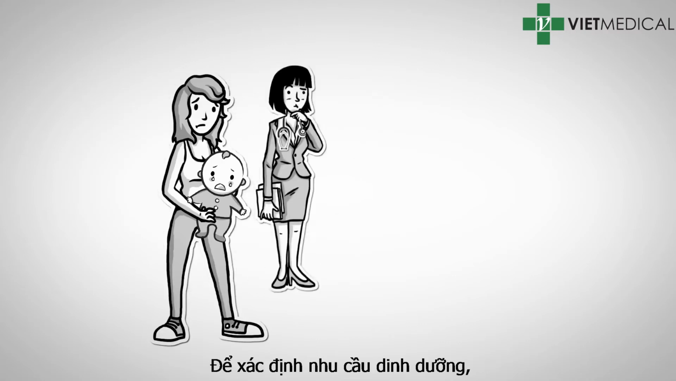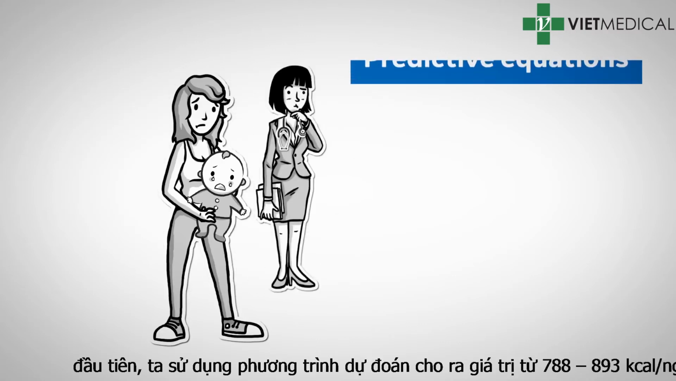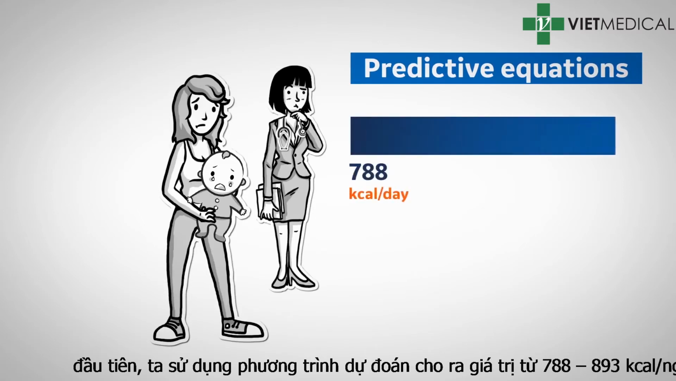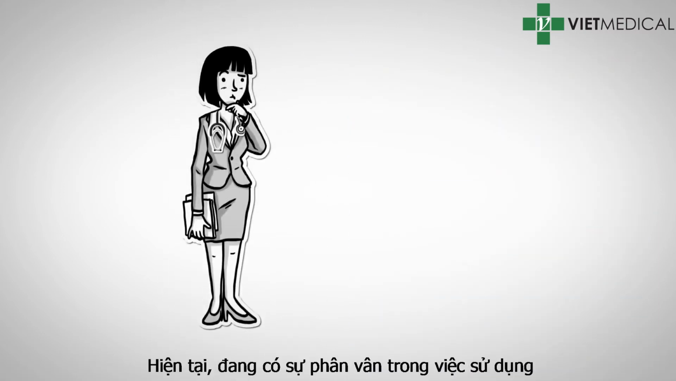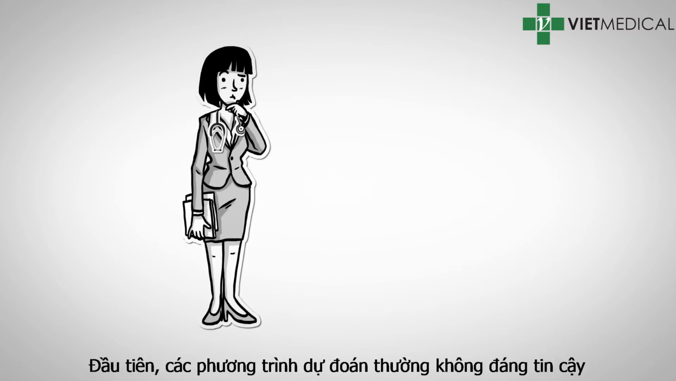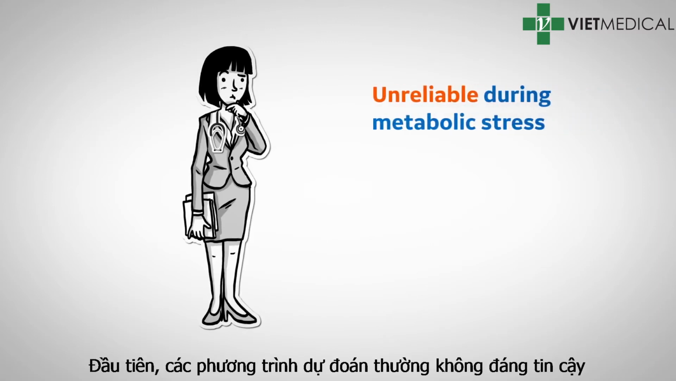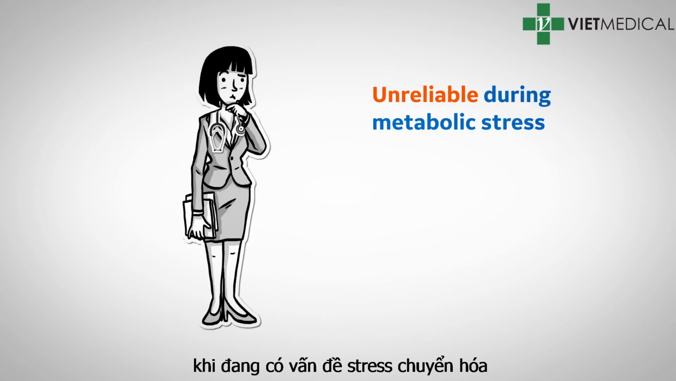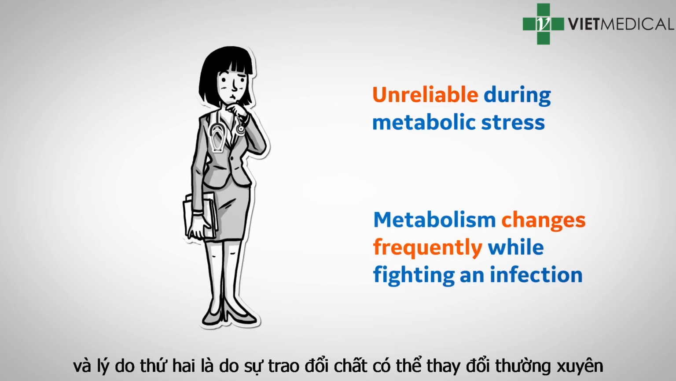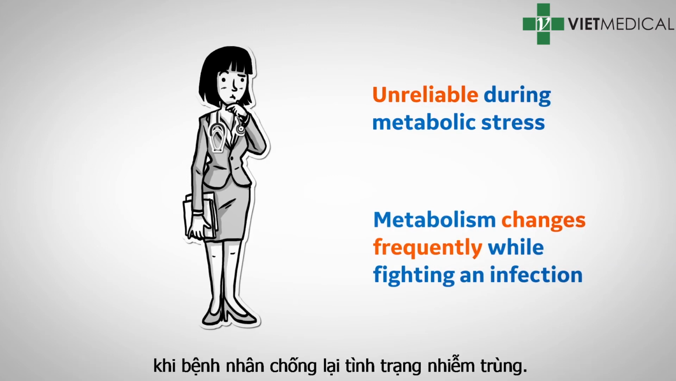To figure out her nutritional requirements, we first ran predictive equations which gave us a range of 788 calories per day to 893 calories per day. Now, I hesitate to use predictive equations with this particular patient for two reasons. The first reason being that predictive equations are often unreliable during severe metabolic stress. And the second reason is that the patient's metabolism is likely changing daily, which is typical when a patient is